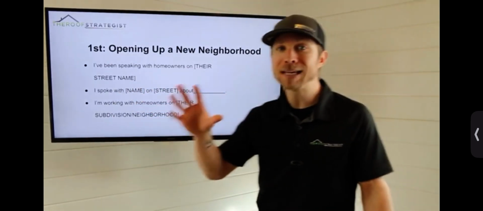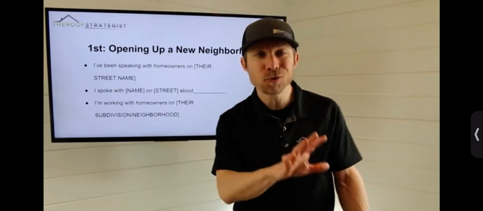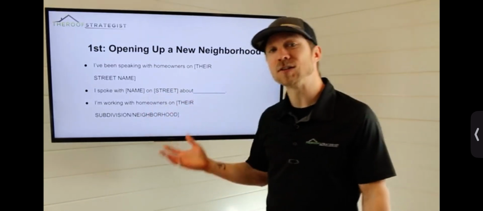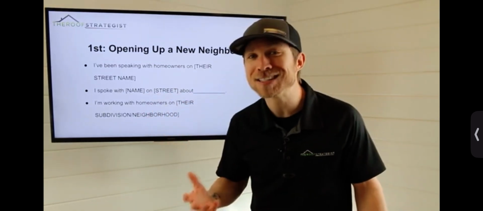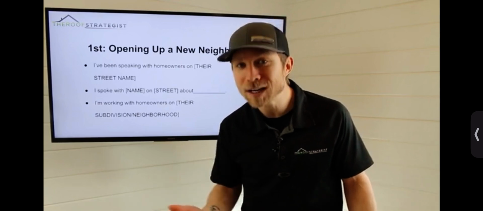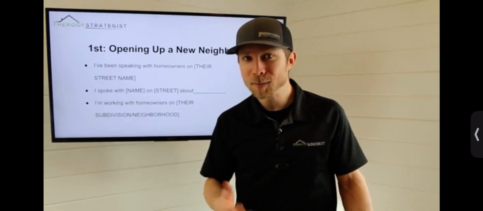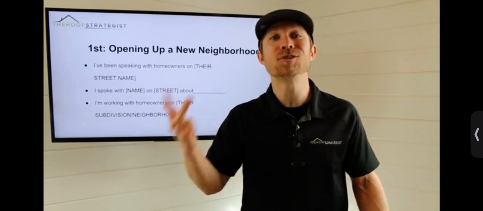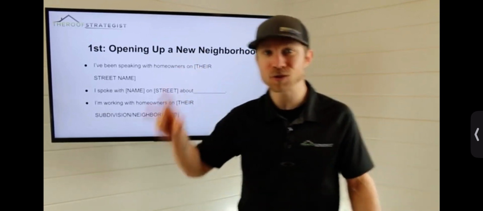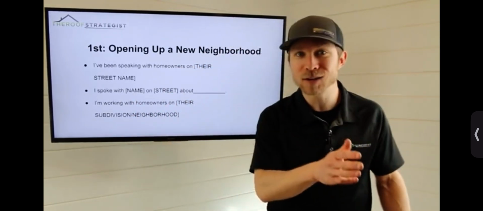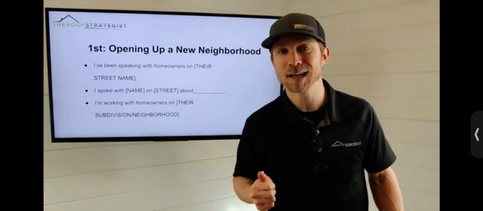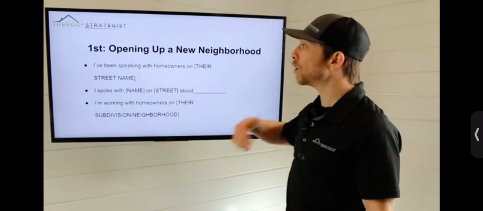I'll be giving you examples for both storm and retail, because the language really doesn't change. The only thing that changes is the open-ended question that we're going to ask. Remember, how has the insurance process been for you? Where are you at in the process? What did the insurance company say when they came out? That's all for storm. And then for retail sales, when was the last time you had your roof inspected and routine maintenance conducted?